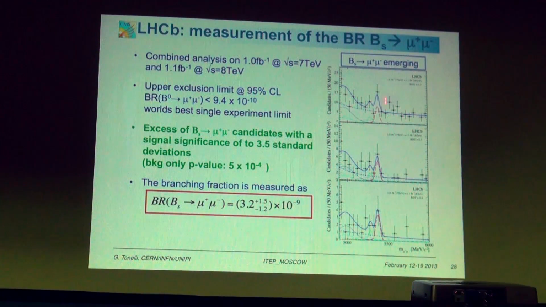And here you see, for different boosted decision tree outputs, which increase sensitivity, that you still see the peak of the B sub S to mu mu emerging from the background as soon as you go to higher sensitivity bins. This allowed the collaboration to measure the branching ratio, which appears to be fully compatible with the standard model. Again, we cannot stop, because the errors are still too large. These numbers are compatible with 6 or with 0, no? So the errors are still too large.